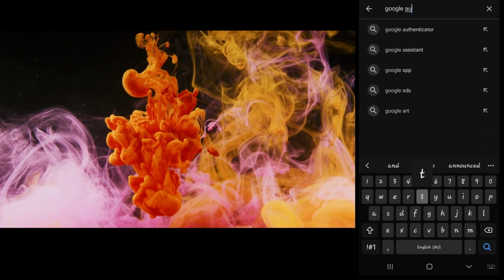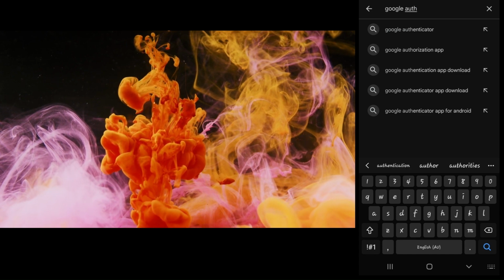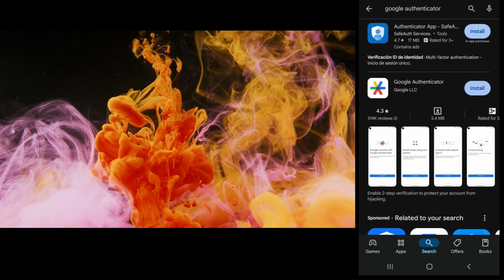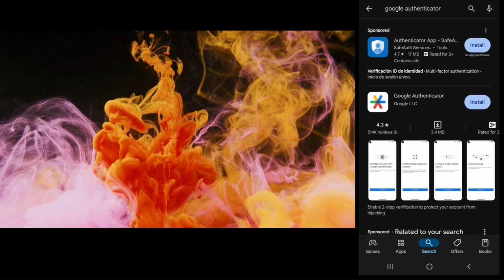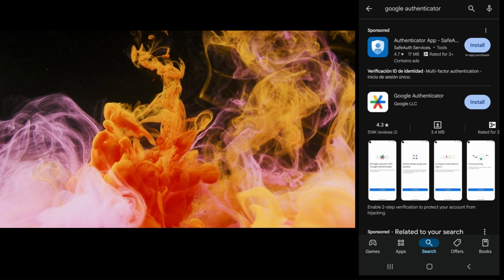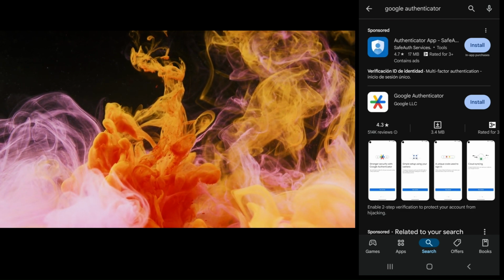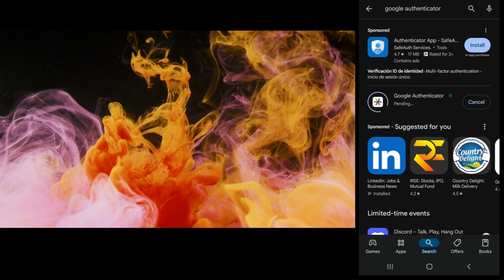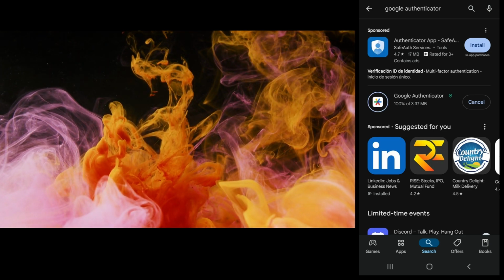Google Authenticator. Just click on the search suggested by the application. Then you're able to find that there are some prompts. The one you have to check is Google Authenticator, provided by Google LLC company, right? Which is official. Just click on install. It will take a few seconds. Then it will start installing the application on your